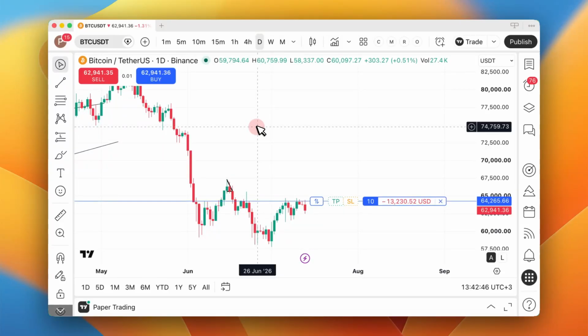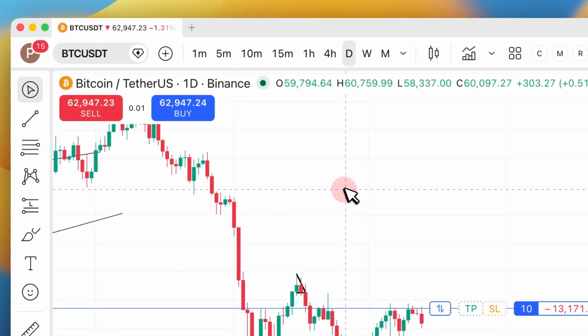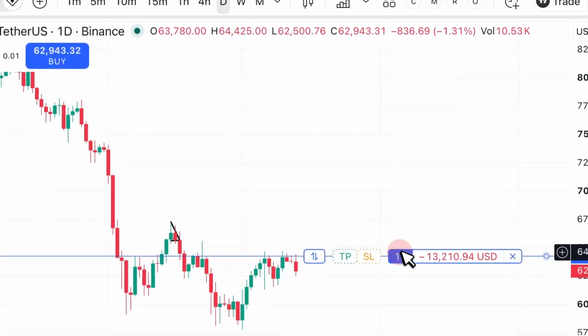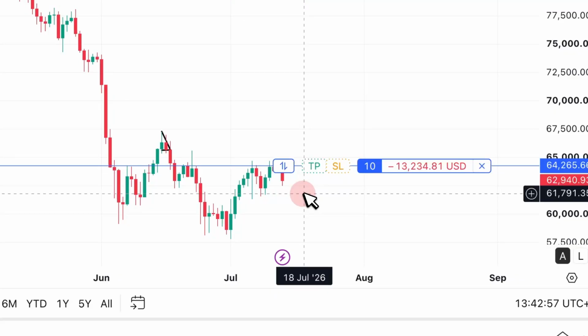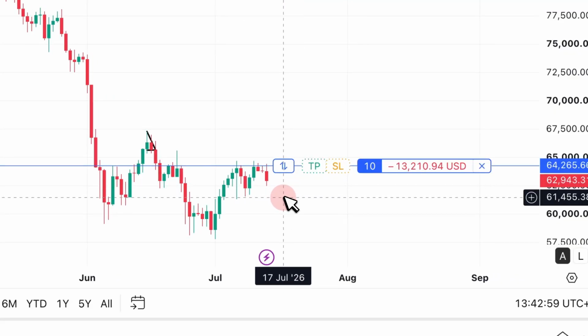This is how to quickly reverse your position on TradingView. Now, as you can see from the chart, this is the chart of Bitcoin, and I am long 10 Bitcoin. You see a little icon here,